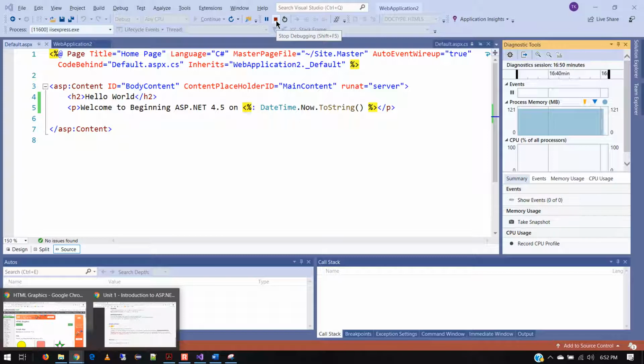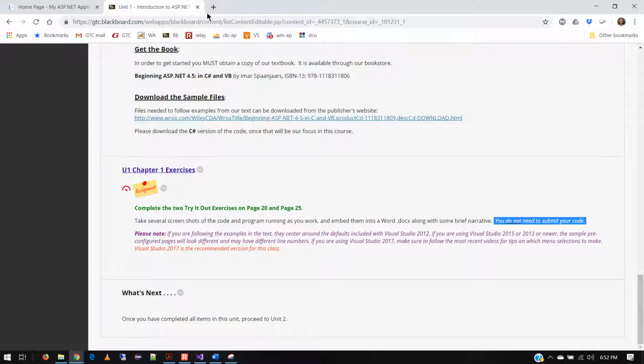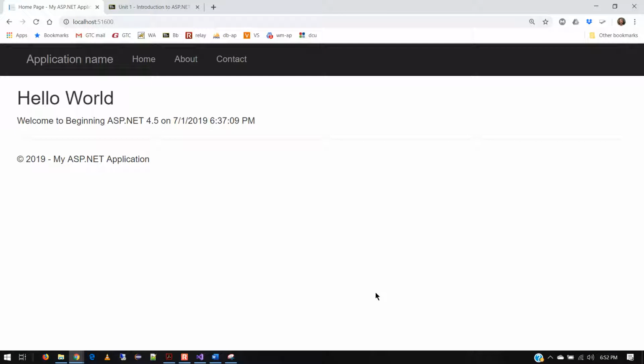Right? See, look, the strategy here. Back over to the Word document, paste it in. So show me the code, show me the application running. Now, in later chapters when we actually are building things that are more complex, you might opt to zip your code and submit it with the document,